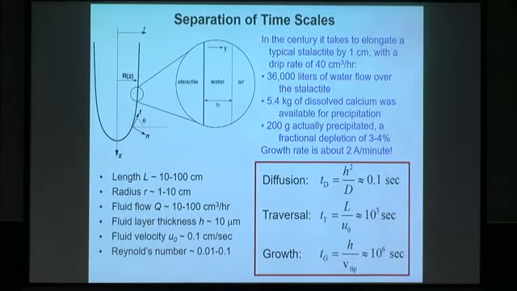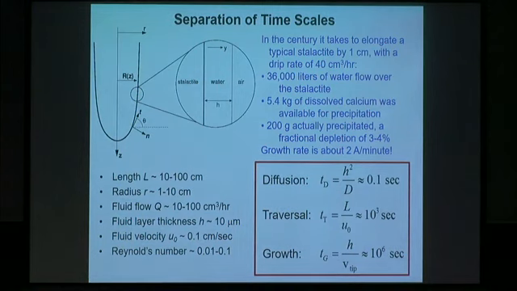So I want to do some basic physics and mathematics to try to understand what matters for stalactites. The basic process is this. Water from above the cave percolates through the soil, gets saturated in calcium carbonate actually. And when it emerges into the cave, it has too much carbon dioxide for its own good, and it outgasses it, just like the sparkling water I just opened over there. It outgasses the carbon dioxide just a little bit. That raises the pH of the water that's flowing down the surface. That precipitates calcium carbonate on the surface, and it goes on.